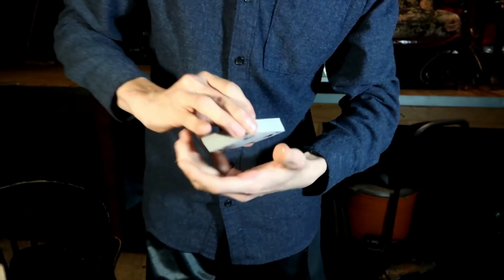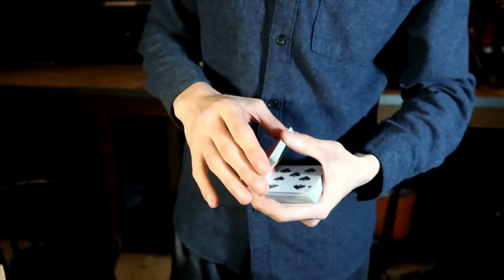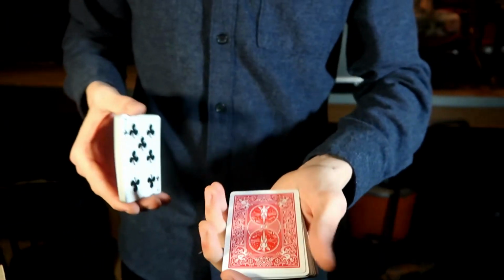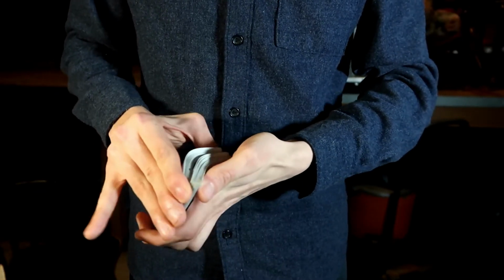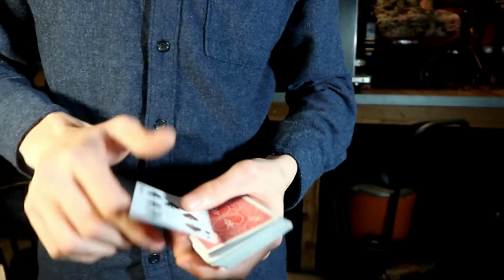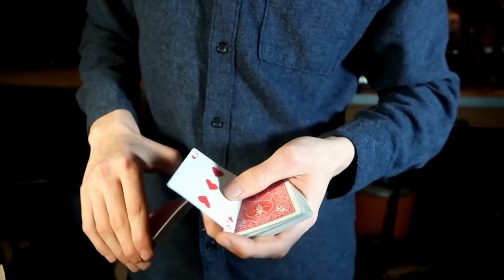Now there is another way of doing this. I'm going to go over that right now, and this is my favorite way to do it. I don't see many people do it like this, but I'm sure there are people that do it. You put the 7 of spades on top, you put this half of the deck right on top, making that smacking sound of it being square, right? But no. There's a timing thing going on here. The 3 of Hearts is on top,